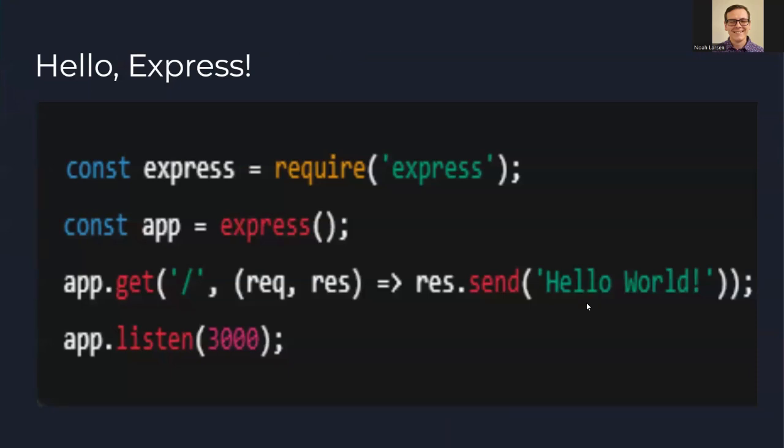So here is a simple example of how to create an Express app. Within just a few lines of code, we've created a server that responds to requests on the home route. This is what is called a GET route. You can also use POST, PUT, and DELETE to build a full RESTful API. So in this example, like I said, it gets a request on the home route, and its response is sent